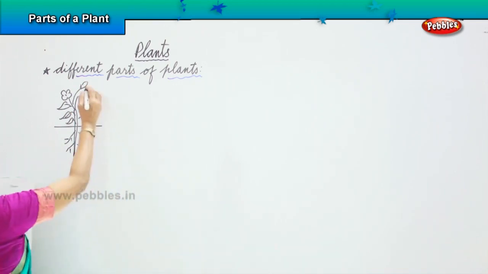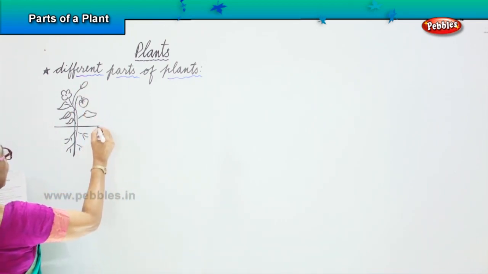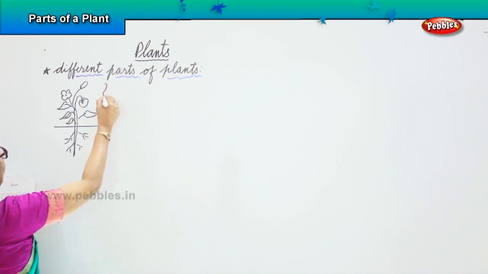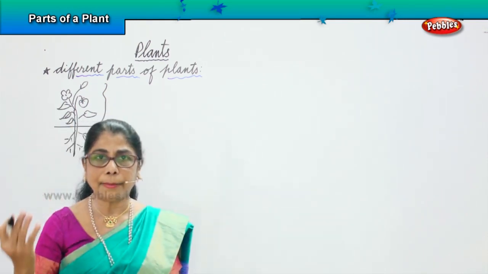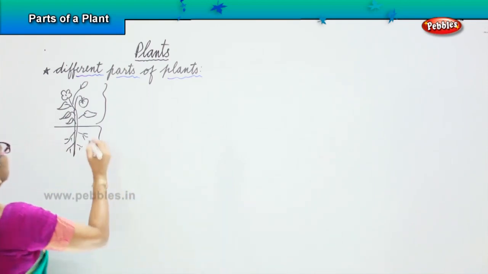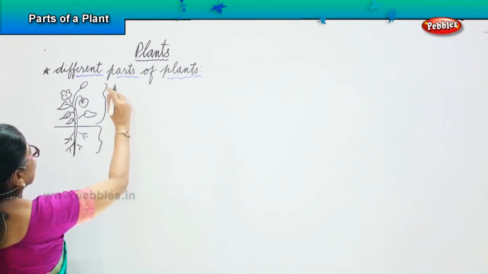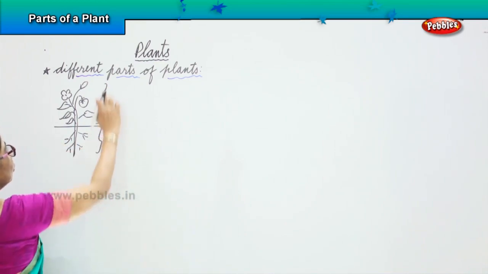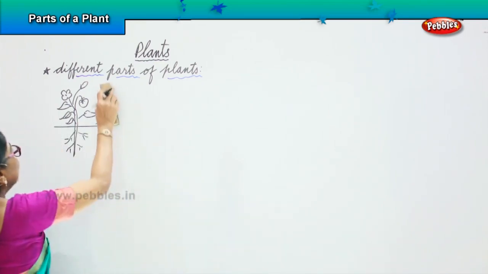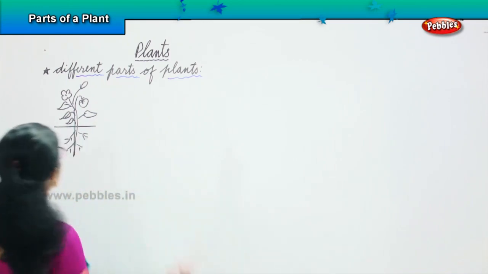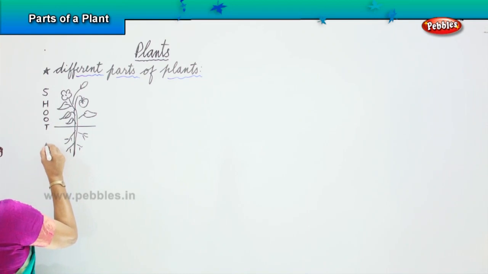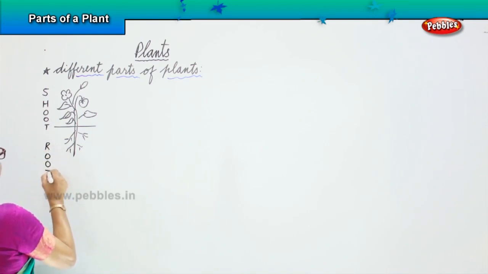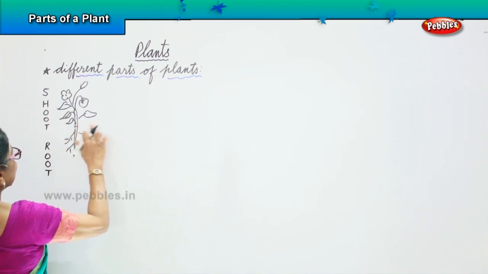Okay, now in a plant we have two parts, 1 and 2. The part of the plant that's above the soil, we call it shoot. And the one below the soil, we call it the root. So this is shoot, and this is root. We have two parts, the shoot